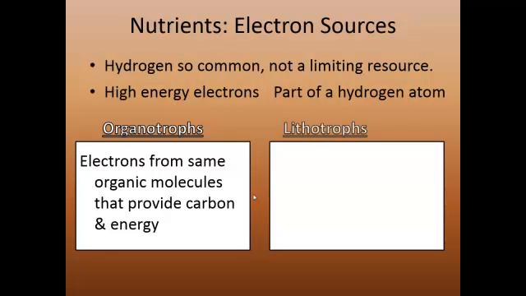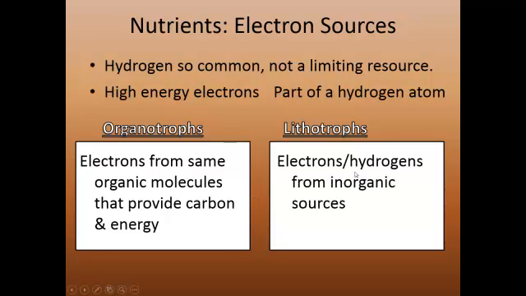Now, we do have some funky organisms called lithotrophs. They get their electrons / hydrogens from inorganic sources. Some of the places where we find these organisms are on mineral deposits. So you're going along, you find an exposed iron ore site. You're probably going to find a lithotroph that is using the electrons from those iron molecules in the iron deposit for their high energy electrons. Kind of creepy, huh? So here are some of the inorganic sources that lithotrophs can get their electrons / hydrogens